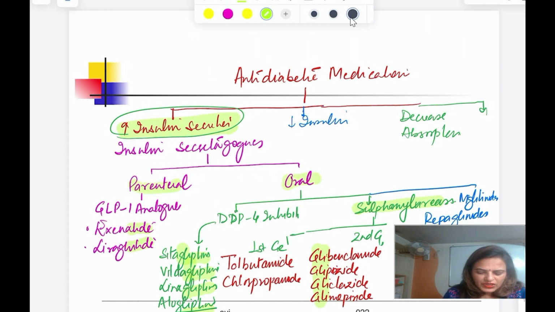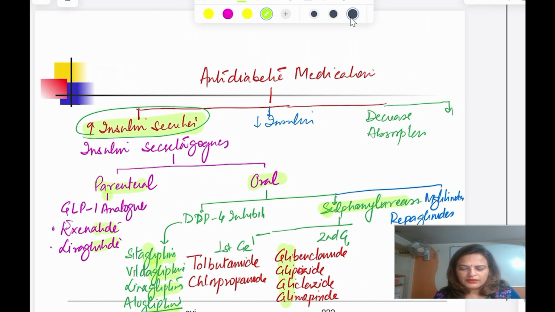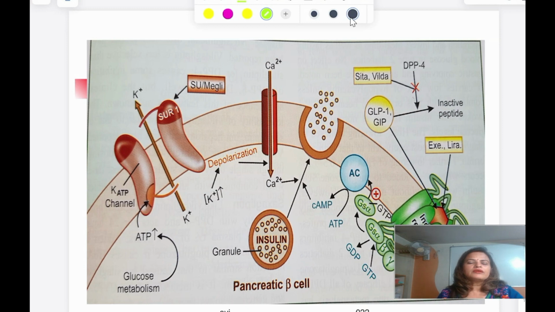This we have to give by subcutaneous route. This we can use by oral route. And the first drug, that is sulfonylurea, or how they are going to act. So again the same figure. You can see in the same figure this SU and Miglitinide. This is the sulfonylurea receptor, and where are they present? They are present on the